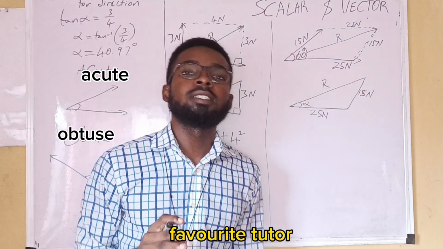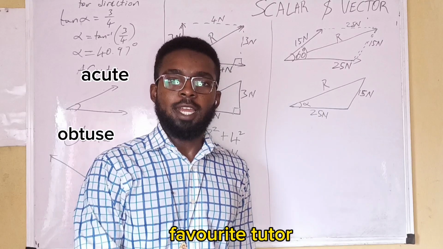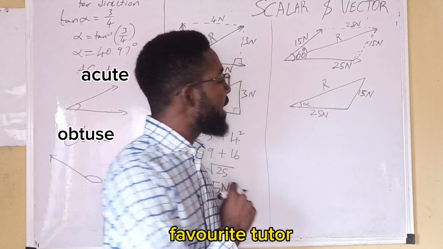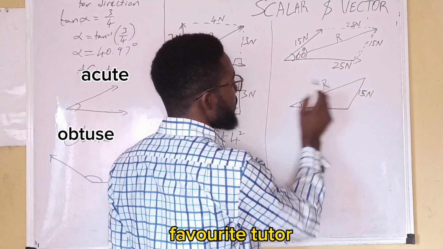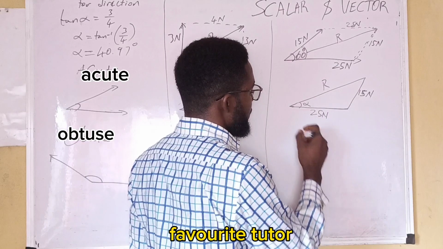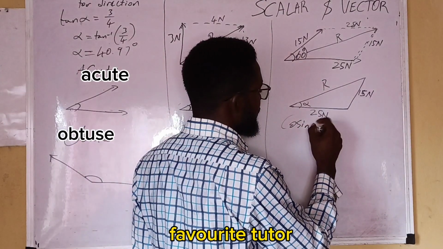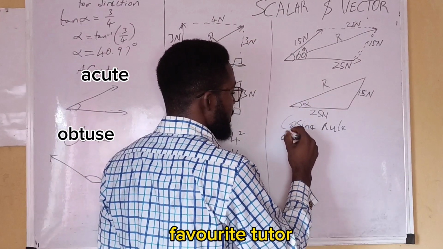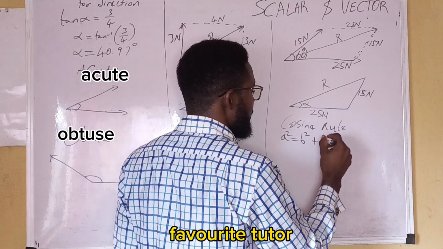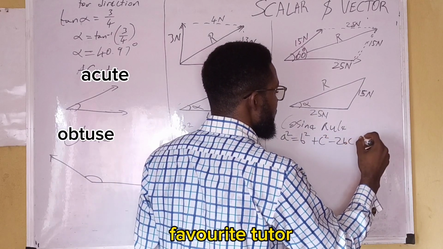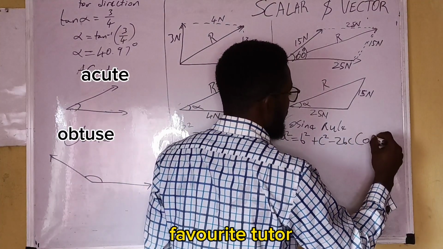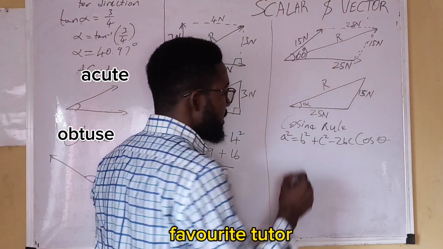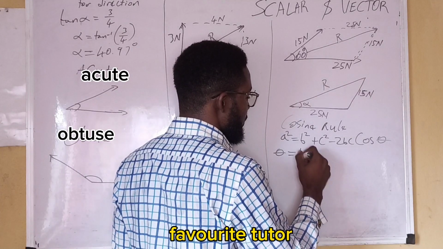Now, for a triangle that is not a right angle triangle, 90 degrees, we use the cosine rule. We are looking for the resultant, so we use the cosine rule, which says that a squared is equal to b squared plus c squared minus 2bc cos theta. And don't forget, theta should be equal to